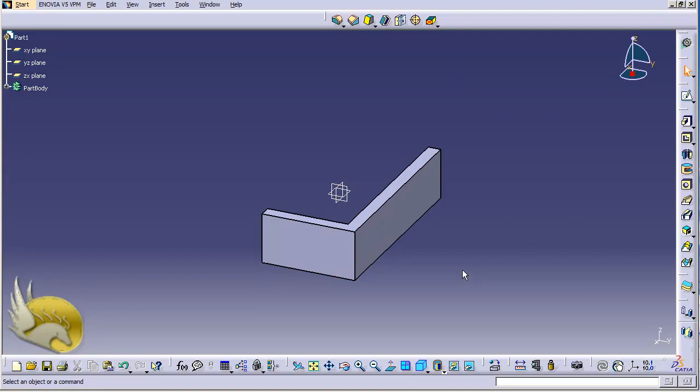And the second thing that I want to tell you is this. If you select a closed profile, you will get a solid. That means that object is a filled object. And if you select an open profile, you will get a surface. And I'm going to talk about surfaces more in the upcoming sections. Okay, now that I have this, I want to remove it and go to